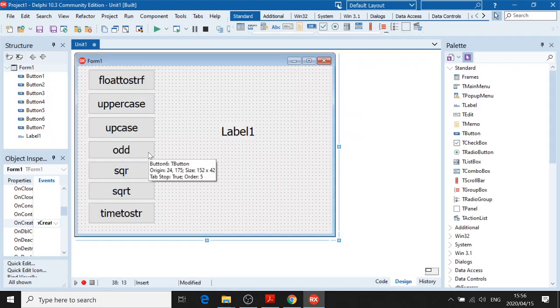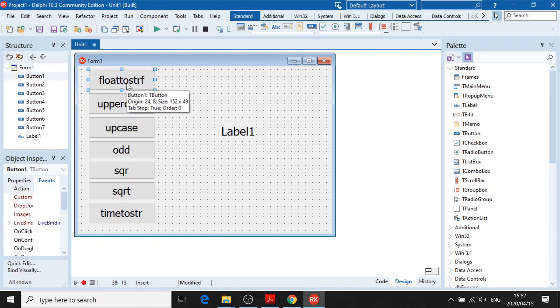Right, now we're going to go to our button clicks. We're going to use S input on each one of these. So what we're going to do is, with float to string F, remember we used it before, when we click this button, we're going to convert whatever's in that input box into, well, we're not actually going to convert anything from that input box. We're going to use a number and display it as a string in label 1. So float to string F,